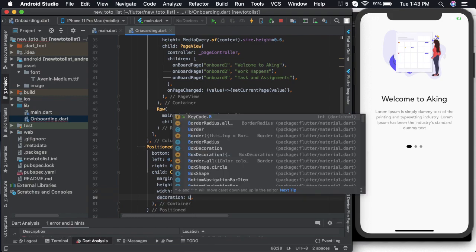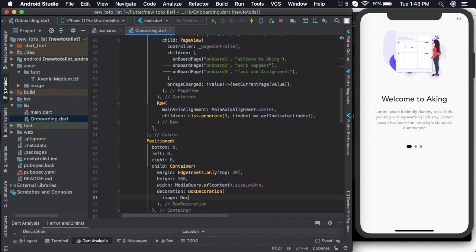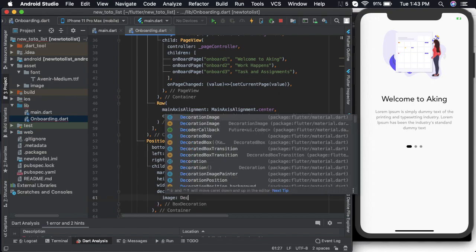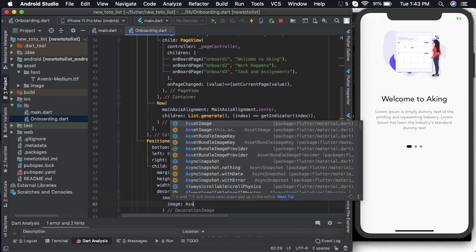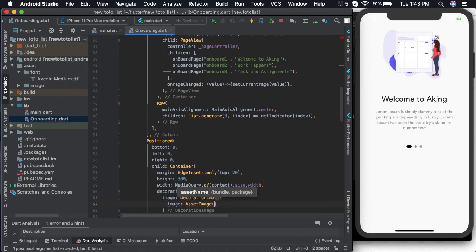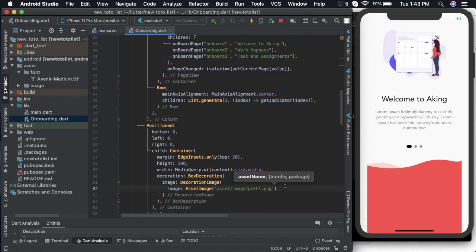Let us decorate this page. Okay, let us fit that to fill,